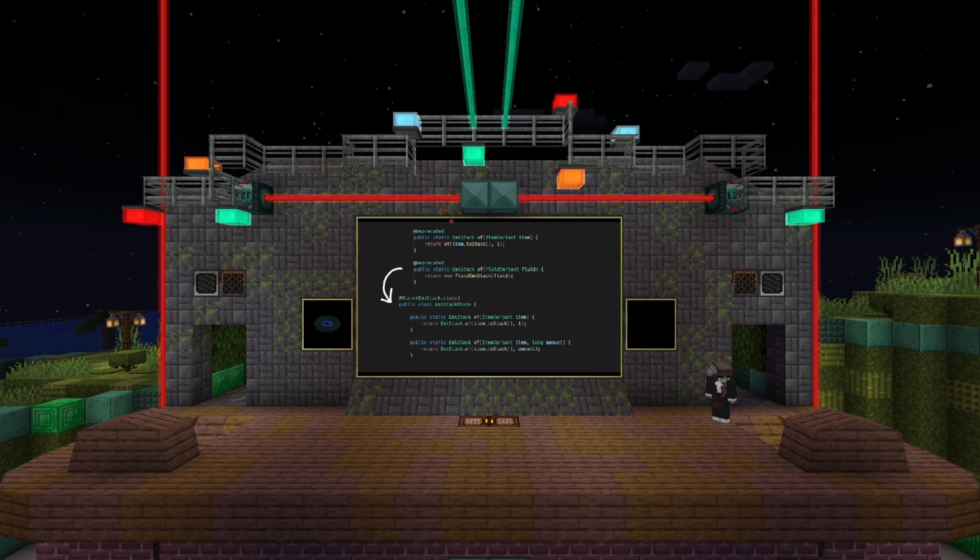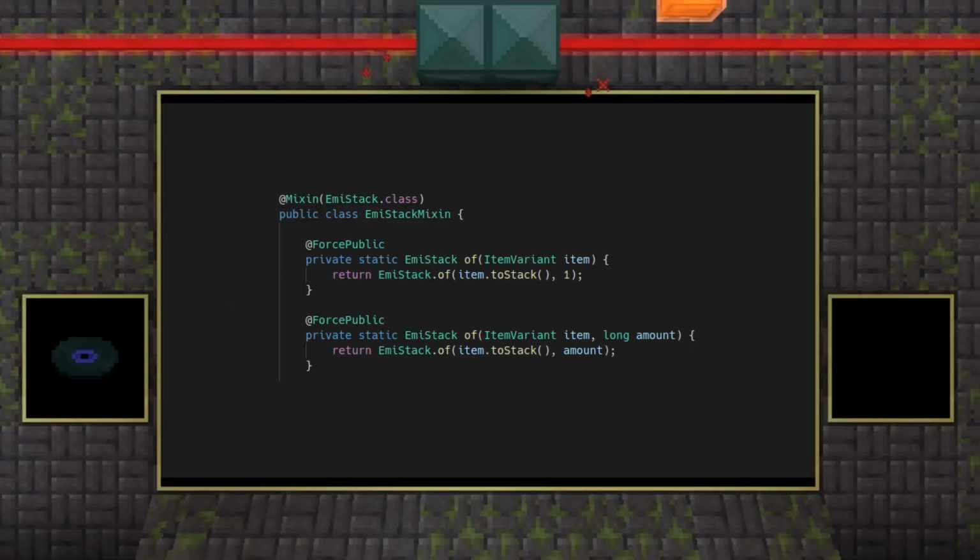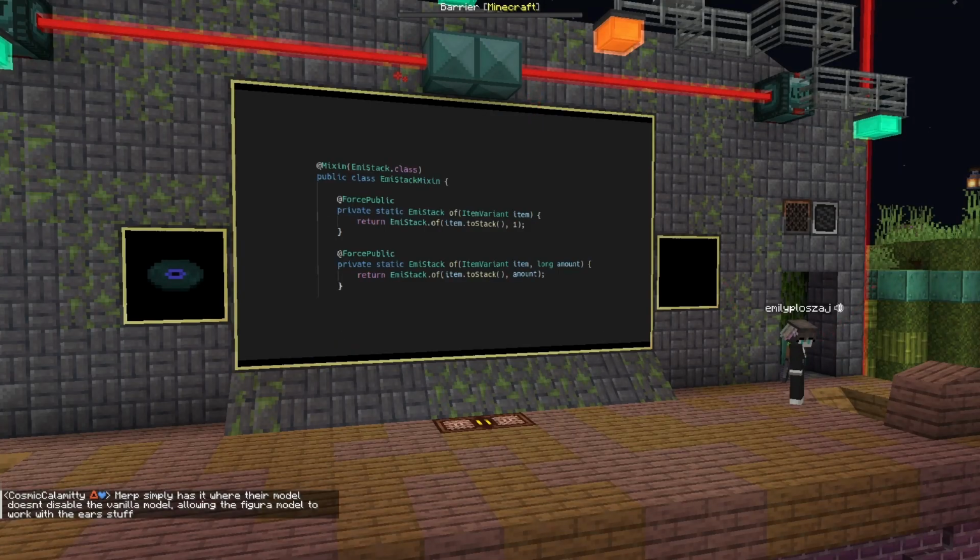So, easy solution. Add an annotation, say @forcePublic, and put that on the private static method in my mixin. Mixin will copy that method and its annotation into the destination class, and the method for applying changes after mixins will run, and I can look for things that use this annotation, and I can just change the visibility myself, avoiding the step where mixin actually checks and gets angry if I have public static additions to classes. Voila, no more complaints, everything works. I can leverage this strategy to replace all of the static API methods I need to remove in EMI stack and more.